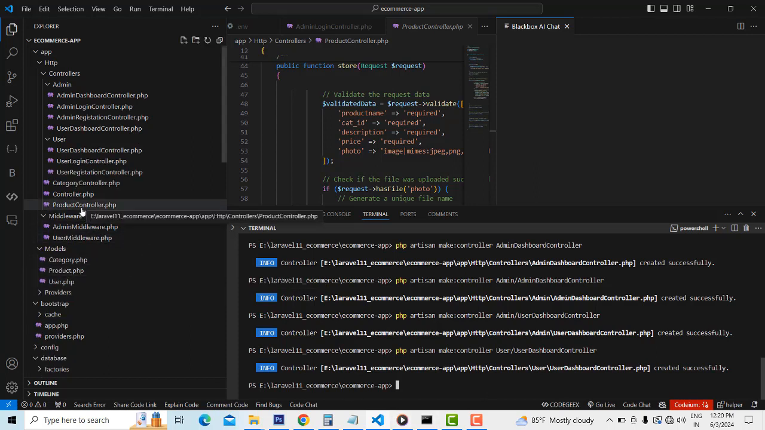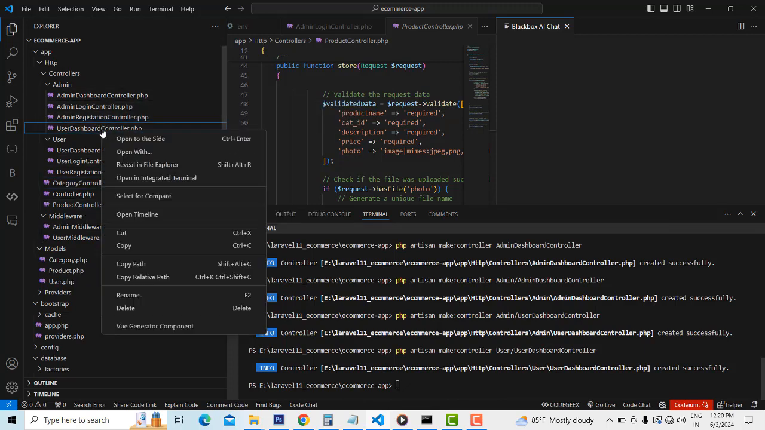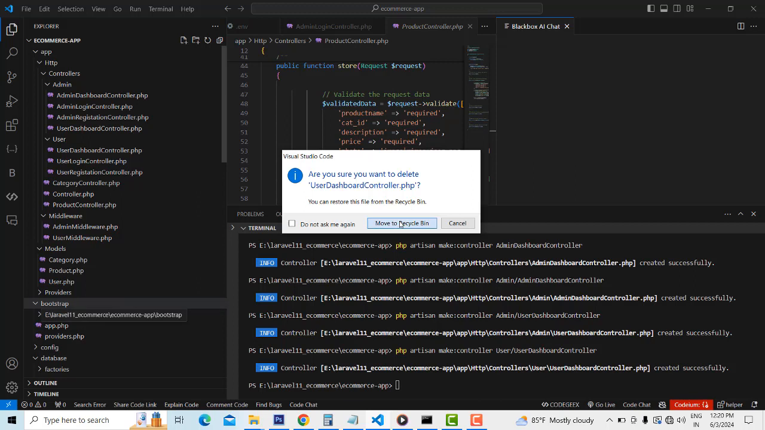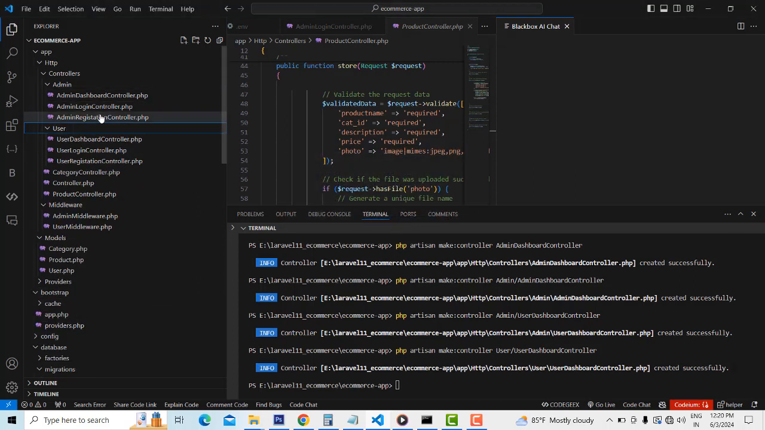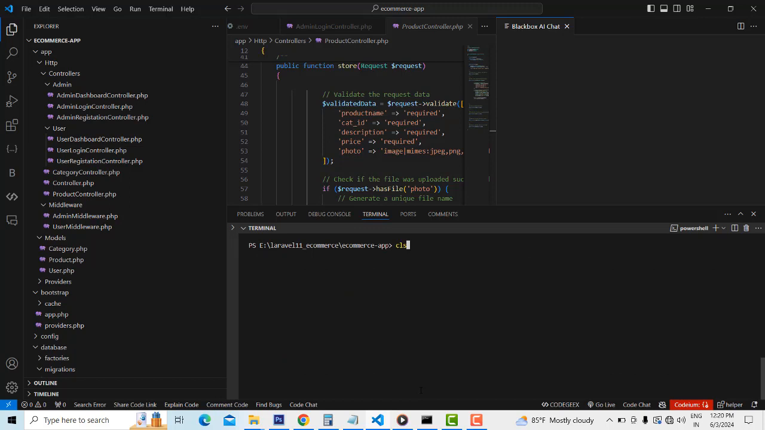Right, it has been created. Now here, this one I'm going to delete them. Right, admin user controller, admin dashboard, user dashboard. Right, perfect. Now let's clear the things. Right. Now what we are going to do is,